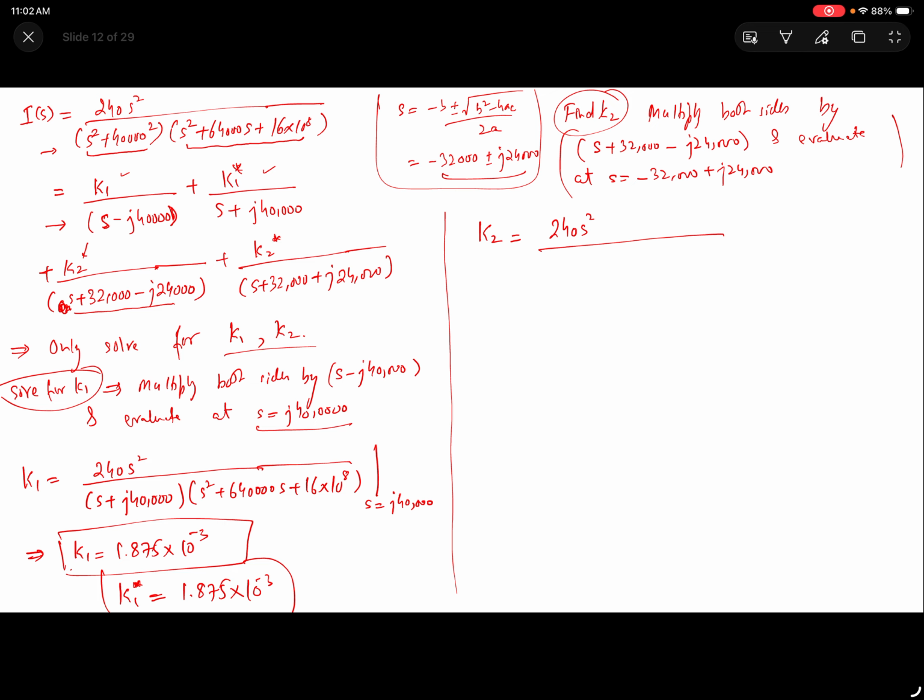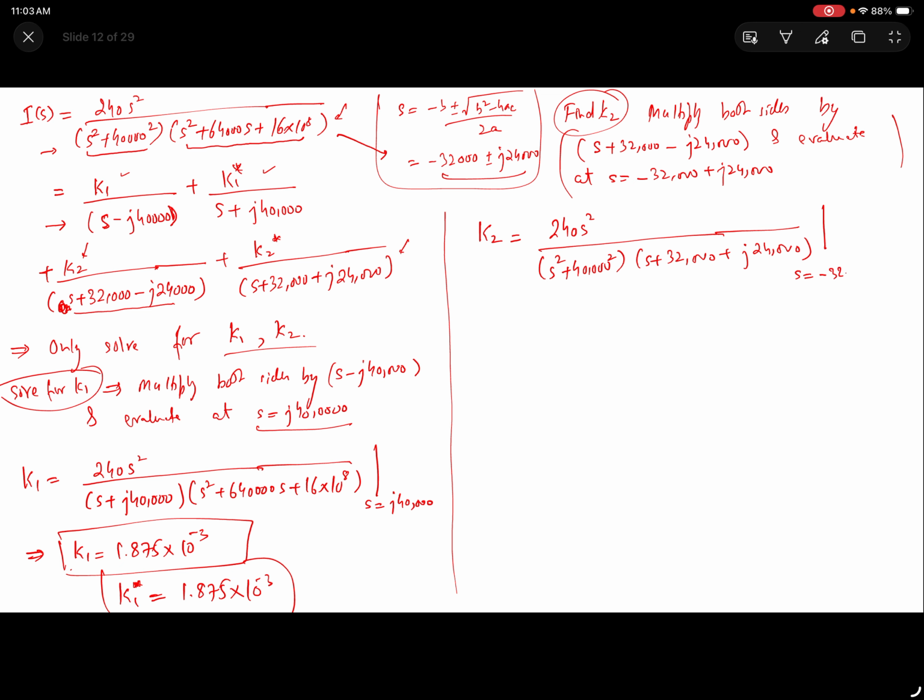On the left hand side, you get 240 s square divided by the whole thing, s square plus 40,000 square. Again, one of these factors will be cancelled out. If you factorize them into these two roots, then only this root will be left, s plus 32,000 plus j24,000. And once you evaluate it at s equals